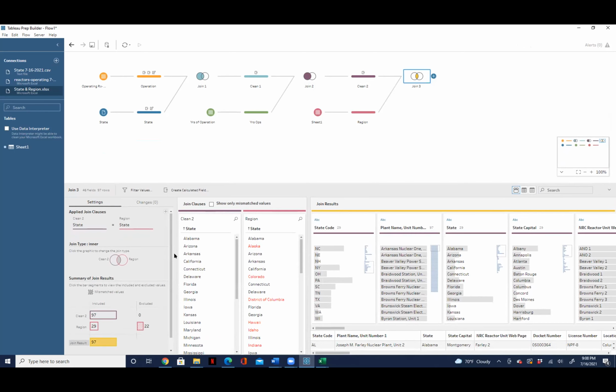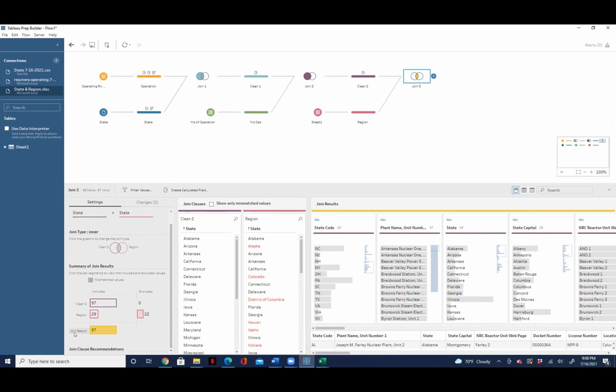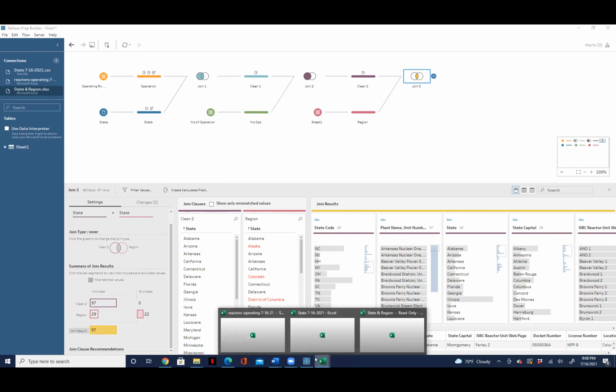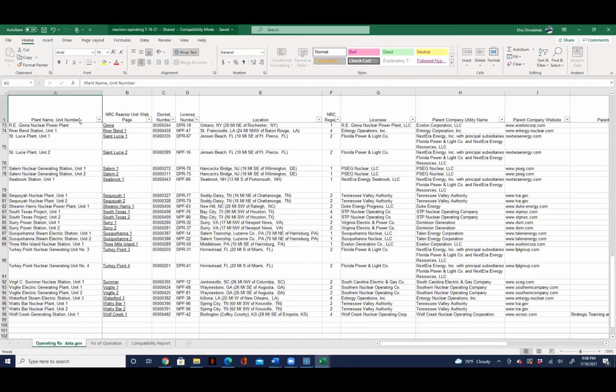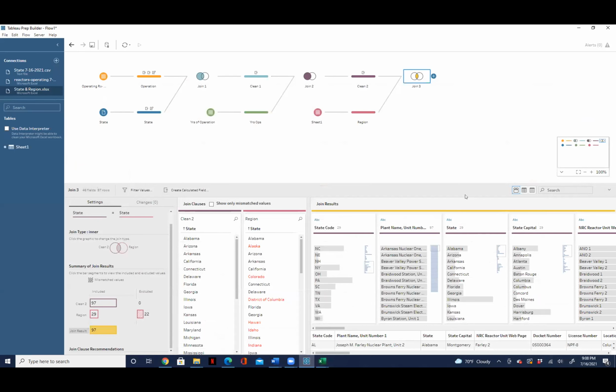Okay, so you can still leave it as an inner join since this data is coming in correctly, and it tells you the join result is 97. So remember, we have our 97 rows of records here. If you just count 97 minus the field 97, we have our complete data here. So you can leave it like this and then click add a step here